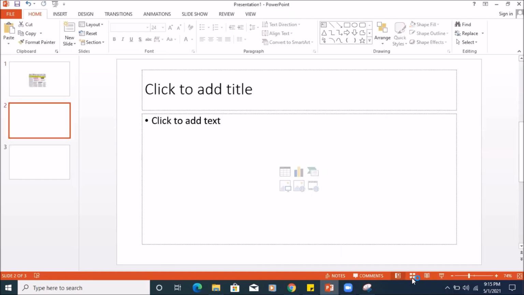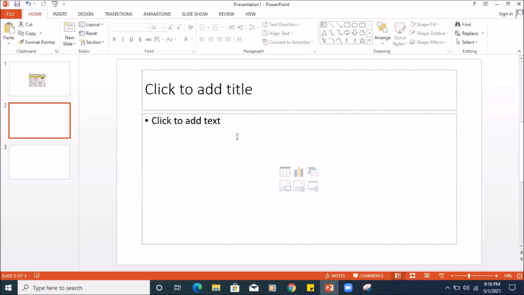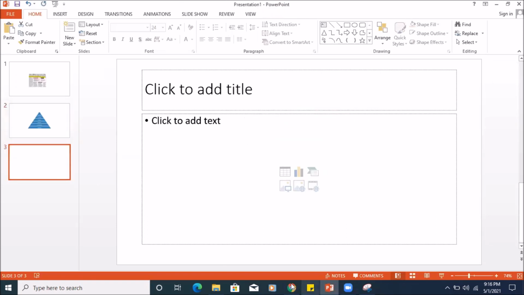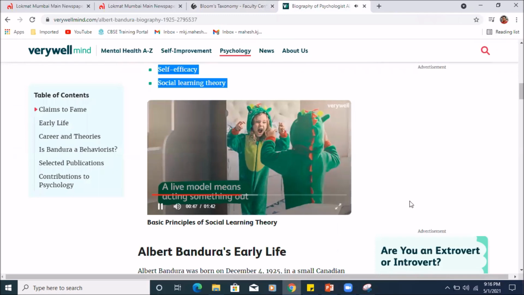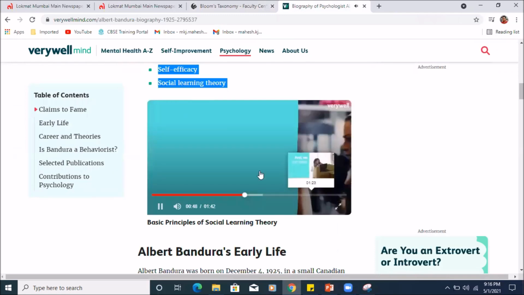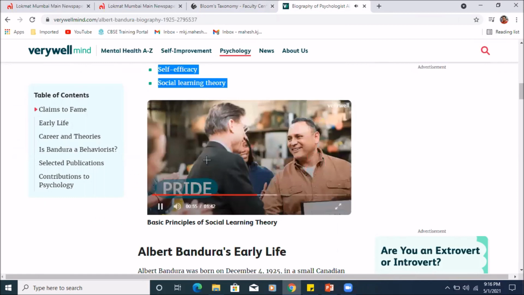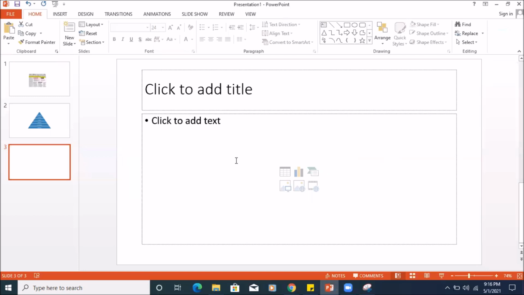Now this is one important use. The second one is you can just take a snip of it, and it is ready for me to discuss in my classroom. Rather than downloading images, I could just take it as quickly as possible. If you want to take it from a video, I can do that also. So this is a video which has been playing, and I want one part of the video to be captured for my discussion. I can just click on new, you can see, and I can capture this. So I've captured this from the video on your slide.